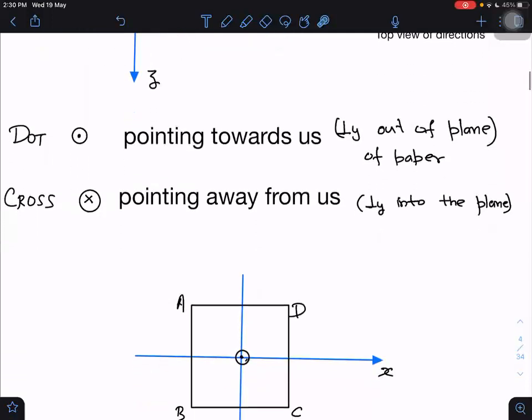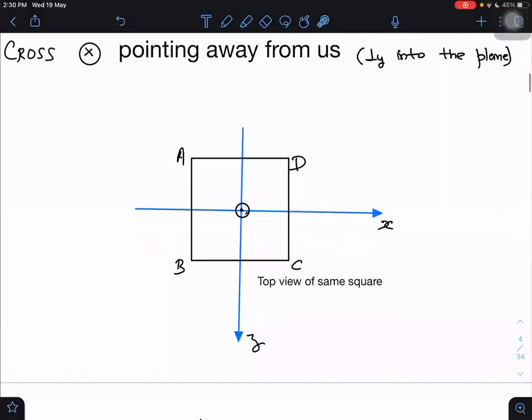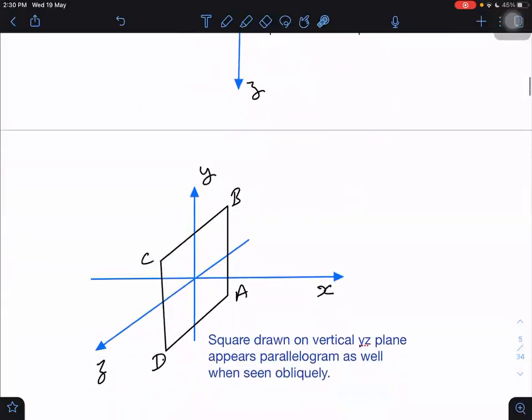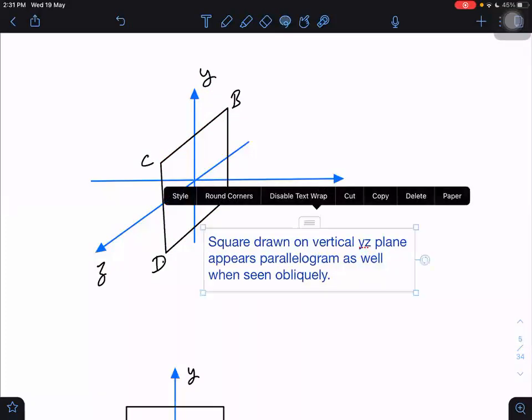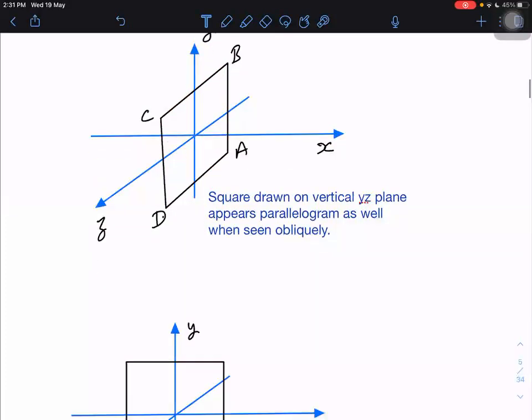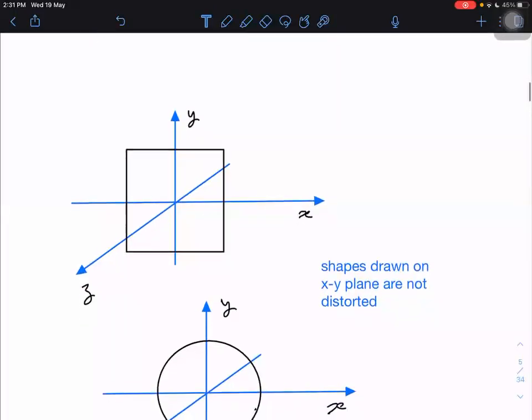Okay, sir. Right. So similarly, the square will look like a square if you look from the top. Then I have made another diagram. How to make a square? If I have to make a square in the YZ plane, again it will look like a rhombus. Here I have again written parallelogram. I hope you understand. I'm not changing it now. Let it be parallelogram, but it is looking like a rhombus.